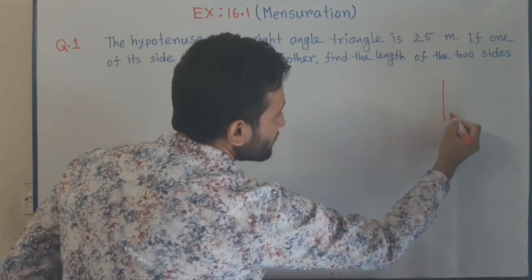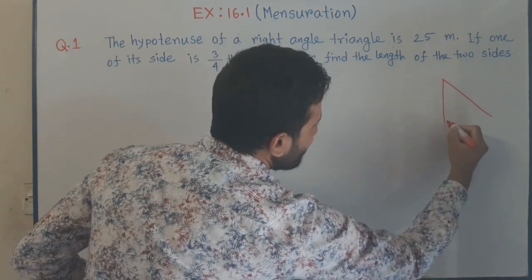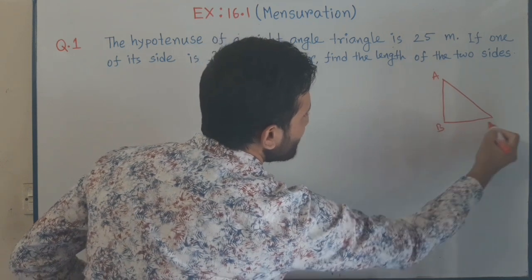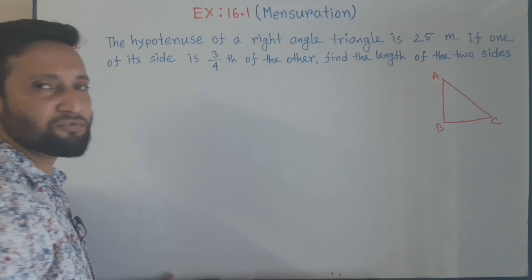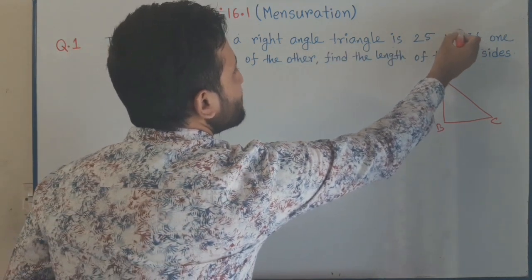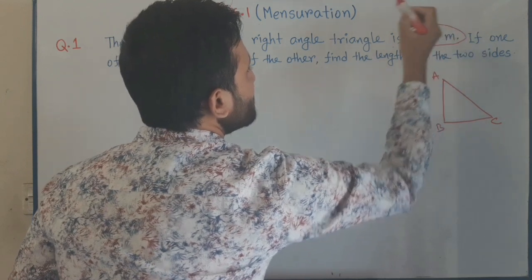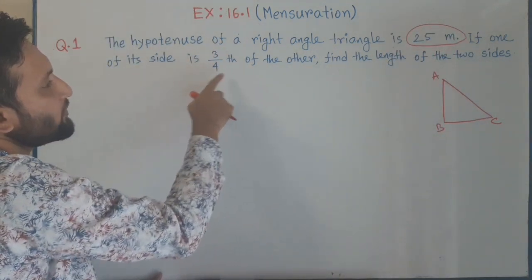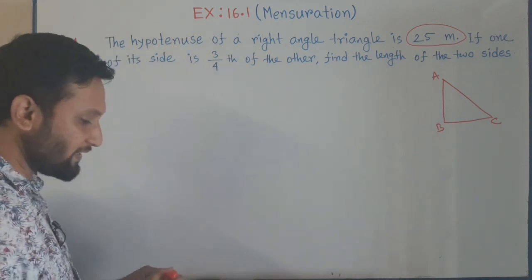Suppose this is a right angle triangle. Imagine this is ABC, a right angle triangle. According to the question, the hypotenuse of the right angle triangle is 25 meter, and if one of its sides is 3/4 of the other, so we can say that we can write in this figure: